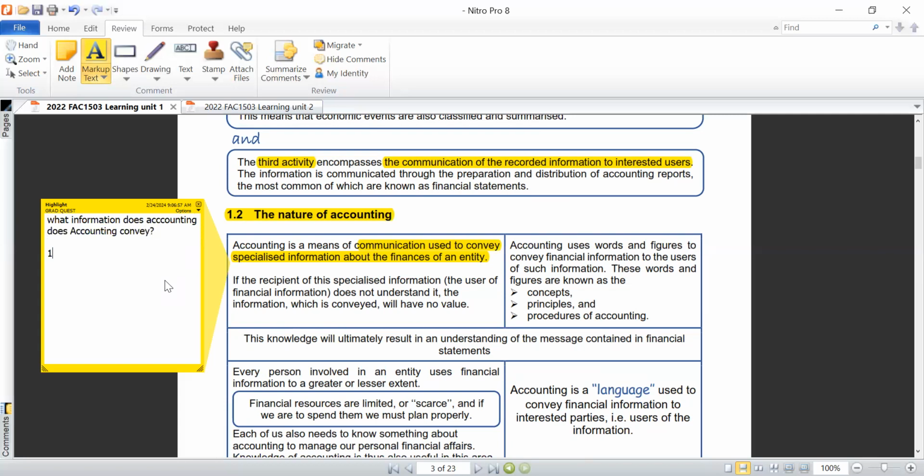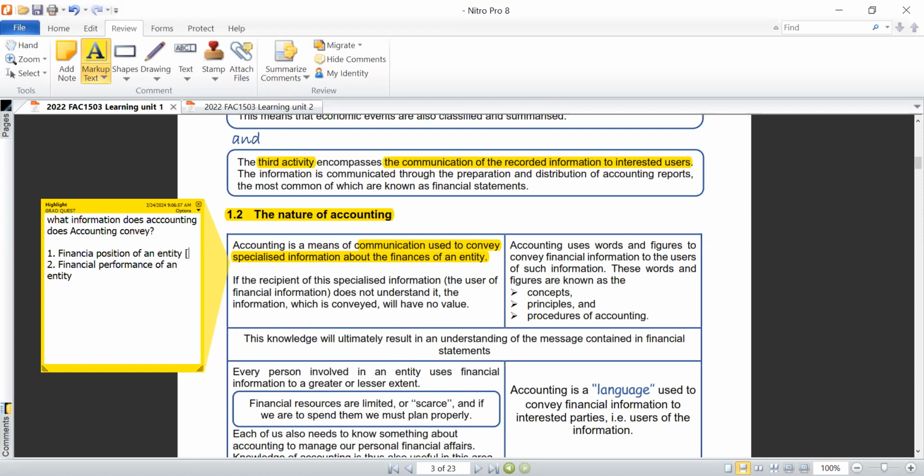Because we're only dealing with those two financial statements, number one, it conveys financial position of an entity. And number two, it conveys financial performance of an entity.